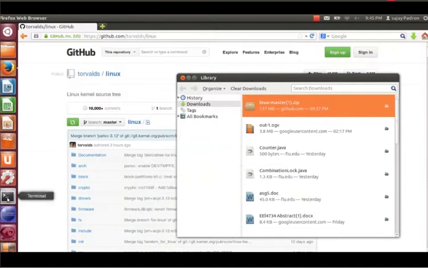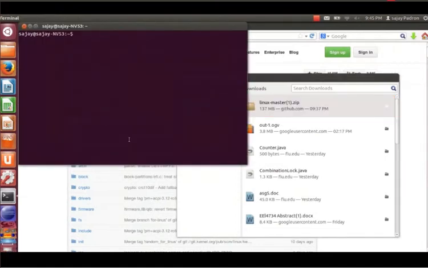Okay, the file's here, so now we're gonna go to the terminal and we're gonna go to documents to create